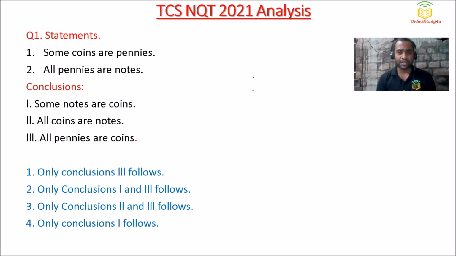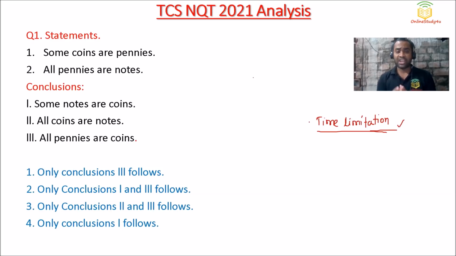Friends, this is Pratik here, and in today's video, I am going to do the analysis of the reasoning ability paper which was asked in the TCS NQT May edition examination. So friends, as you all are aware, the paper was not very tough. The only thing was the time limitations, right? There was a time boundation for each one of the questions, and that is what created too much panic in the exam for the students.